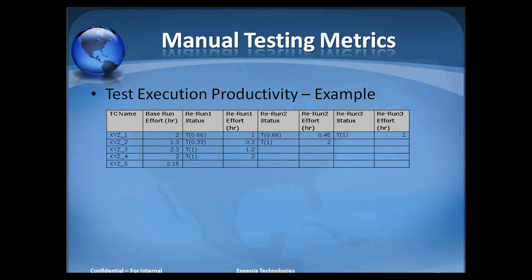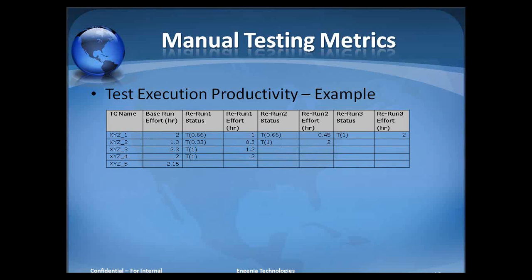Suppose this is a sample of 5 test cases, and if you see the second column, it says base run effort, in terms of hours. Test case 1 is 2 hours, 2 is 1.3 hours, 3 is 2.3, 4 is 2, and 5 is 2.15. Then we have the rerun status. In the first round, we executed around 40% to 70% of the test case steps of test case 1, that's why we have defined it as T.66.